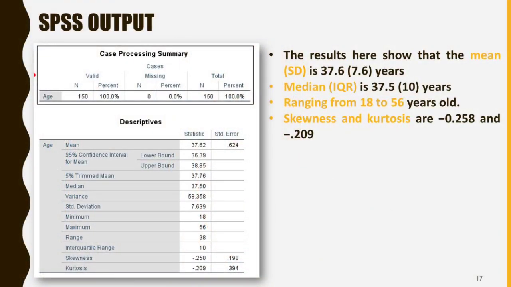So how will the results be used to find out whether the test data is normal or not normal? Four or five different methods are there by which you can find out whether your data is normally distributed or not. The first table is the case processing summary. It will let you know how many samples there were in that column. I have entered the data of 150 patients, so n is equal to 150 here, and I am not finding any missing values, so it is 0.